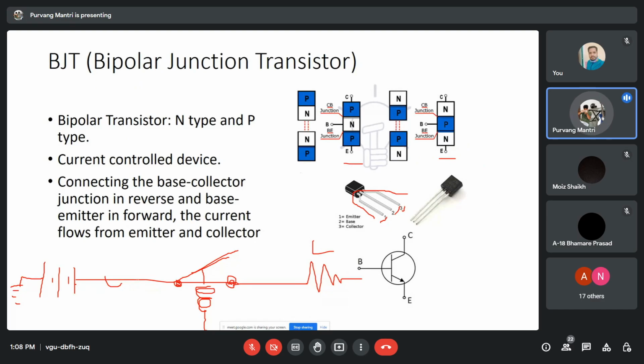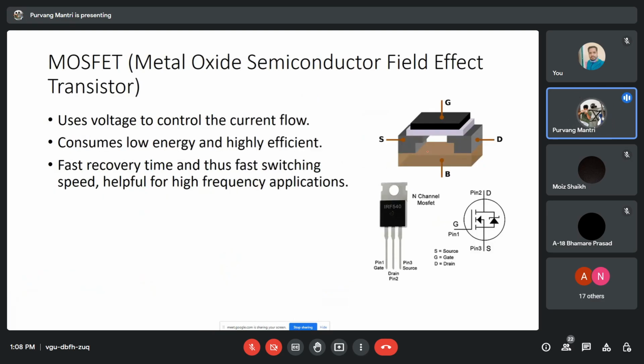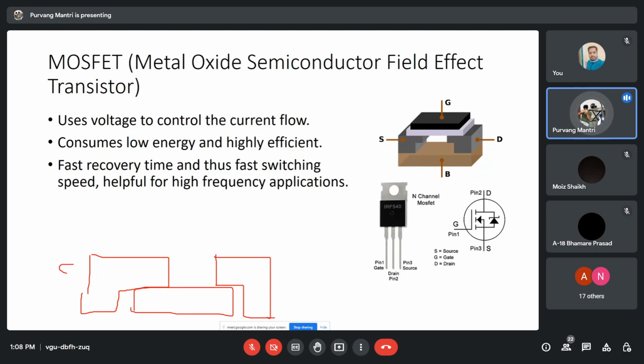To make the picture even clearer, let's take this particular diagram. I'm going to draw it over here so it makes clear how electricity passes through it. So this is the source. We have the gate over here. I'm going to draw the gate at the bottom, and then there is the drain. So below the gate here,